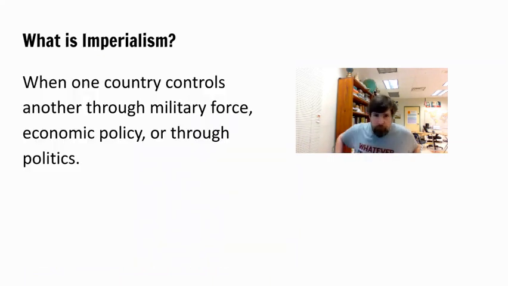So let's get started. First off, let's define imperialism. Imperialism is when one country controls another. And there's a variety of ways they can do that. They can use military force, straight up roll up with soldiers and Navy ships and kill people and take things over. Or another way they can do it is through economic policy. They can offer economic rewards to another country for doing what they want, right? Or they can say, well, we're not going to trade with you unless you do this and this. And then there's other political negotiations that can happen where one country is using its influence to get another country to do something. And so there's different levels of imperialism, right?